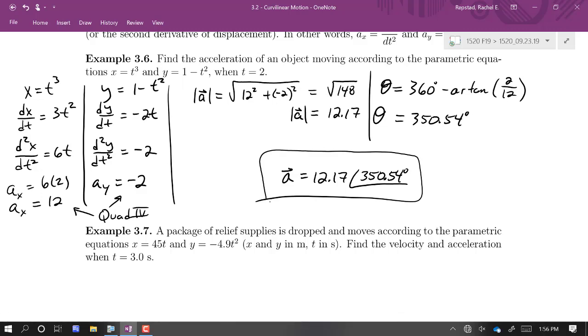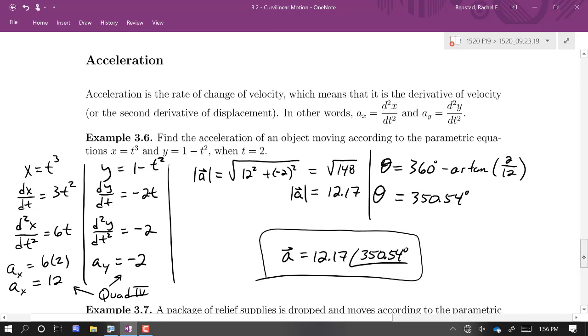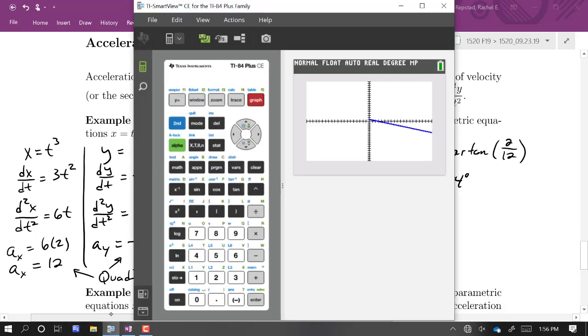So what does that mean? Like from an object standpoint, is that speeding up or slowing down? Well, I guess it depends on, we might want to compare what the velocity is at that same point, right? And maybe compare it to the path that it's on. Like if we graphed this pair of equations,